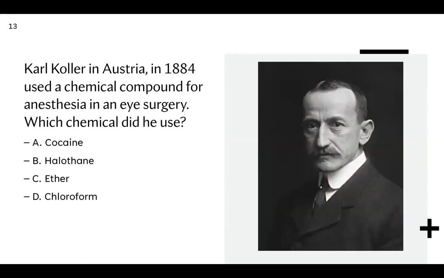Karl Koller in Austria in 1884 used a chemical compound for anesthesia in an eye surgery. Which chemical did he use? Is it A, cocaine? Is it B, halothane? Is it C, ether? Or is it D, chloroform? Anesthesia was not a known thing, was not a commonly practiced thing, and the only thing that people knew were inhalational and not intravenous. But specifically for topical ocular anesthesia and for anesthesia in general, so that patients don't perceive pain, the drug that was given was